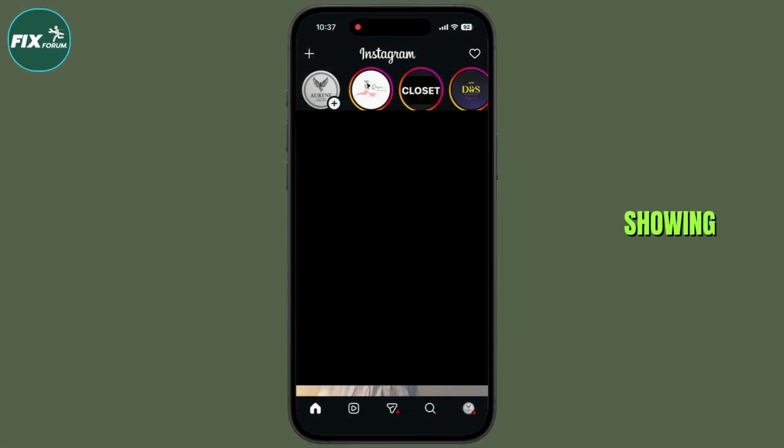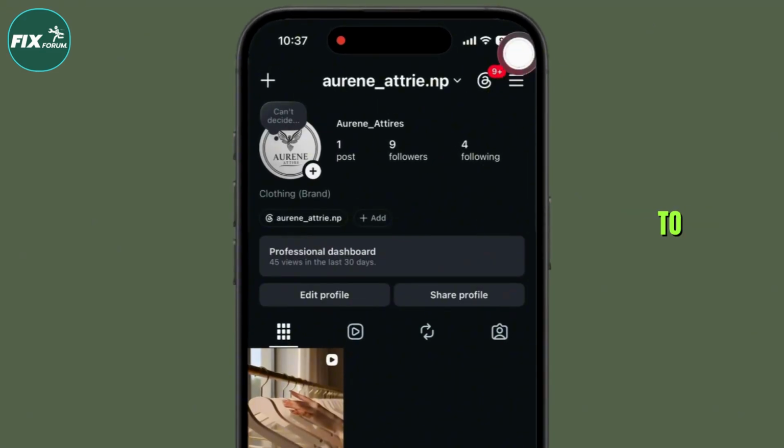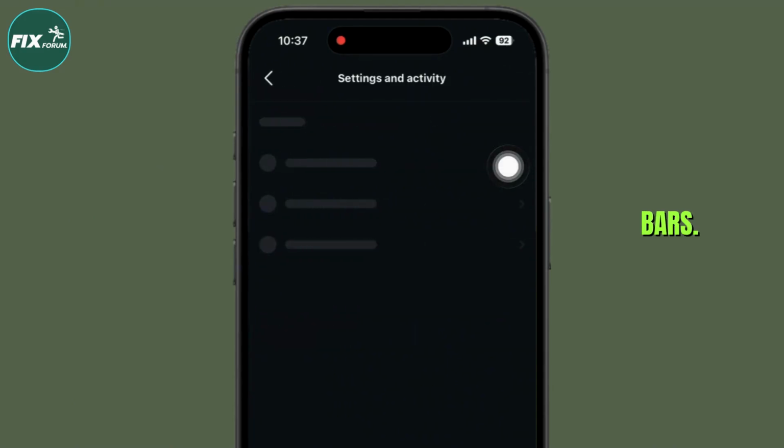In this guide, I will be showing you guys how to change suggested reels on Instagram. Let's get started. First, launch your Instagram app, navigate to your profile page, click on the three bars, and once you are in